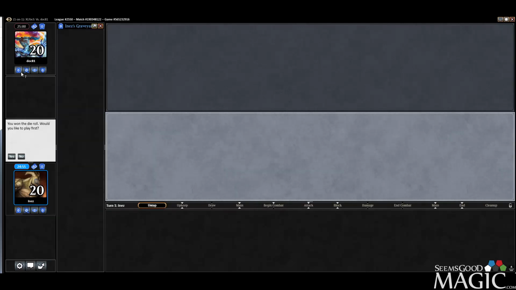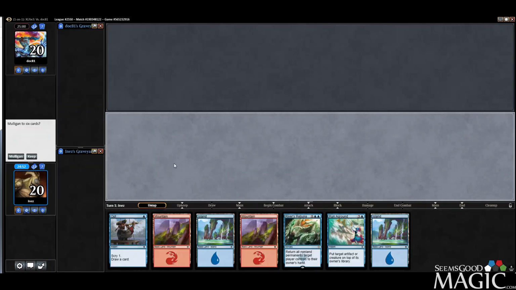Okay, round two. Won the die roll, playing first. Keeping. This is a good example of why Opt looks good most of the time. I'm really curious if I should have just main decked my Siren's Ruse over Opt. Siren's Ruse looks a lot worse in this hand, so I guess that would be a good argument to not do it, but